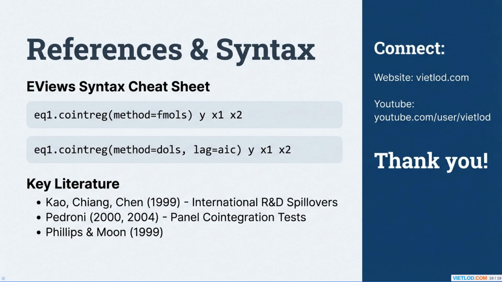This slide provides a summary of the EViews syntax for cointegration regressions and lists key literature references that form the theoretical basis of these methods. For EViews syntax, to perform a fully modified OLS, you would use eq1.cointreg(method=FMOLS) y x1 x2. For dynamic OLS, a common approach is eq1.cointreg(method=DOLS, lag=AIC) y x1 x2, where lag equals AIC automatically selects the optimal number of leads and lags using the Akaike information criterion. The key literature